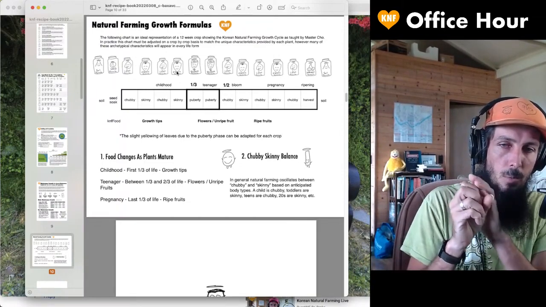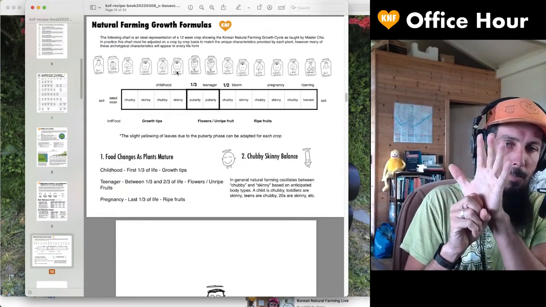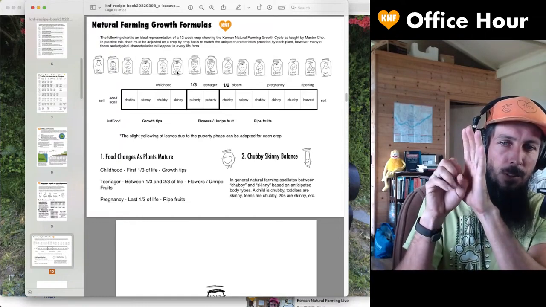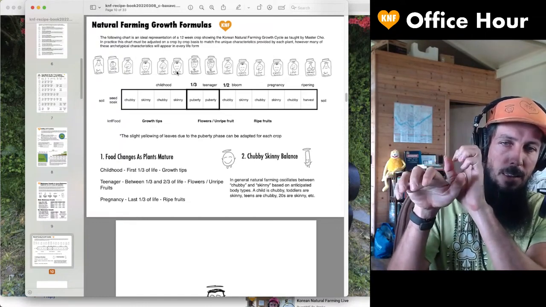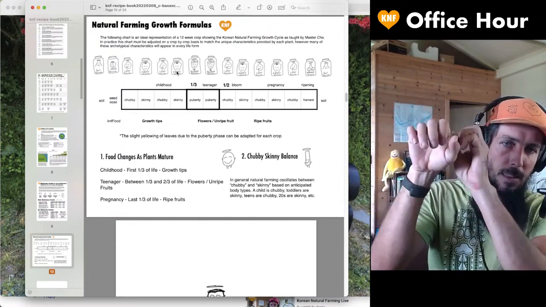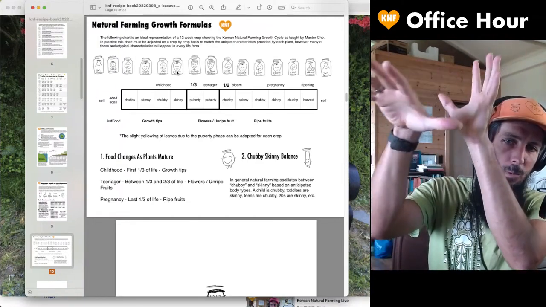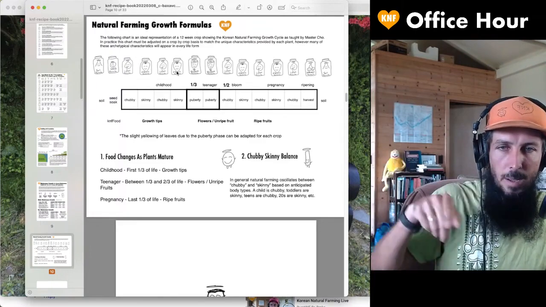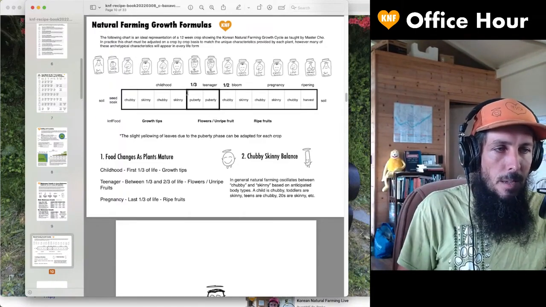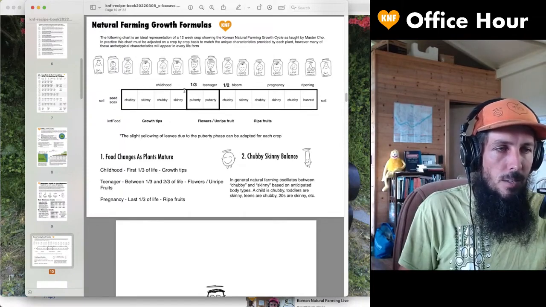What'll happen is it'll leaf, and the leaves will grow. And then the next node will have the flowers, and the flowers will start to grow. And then the leaves will grow, and then the flowers will grow. And it's this very quick, rapid back and forth cycle, basically looping right in this area between skinny, which is